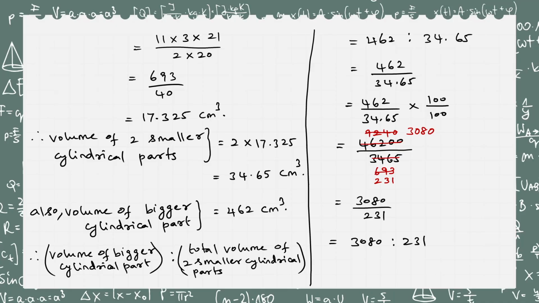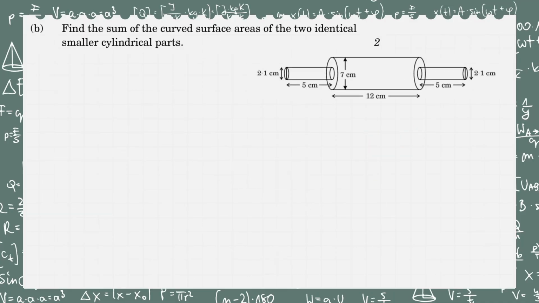So now let us move on to the second subpart of the same question. Find the sum of the curved surface areas of the two identical smaller cylindrical parts. In the same way, we will find the curved surface area of one of the smaller cylinders and multiply that by 2, because both of them are identically similar. We have already mentioned the variables in the previous subpart, right? So the curved surface area of one smaller cylindrical part